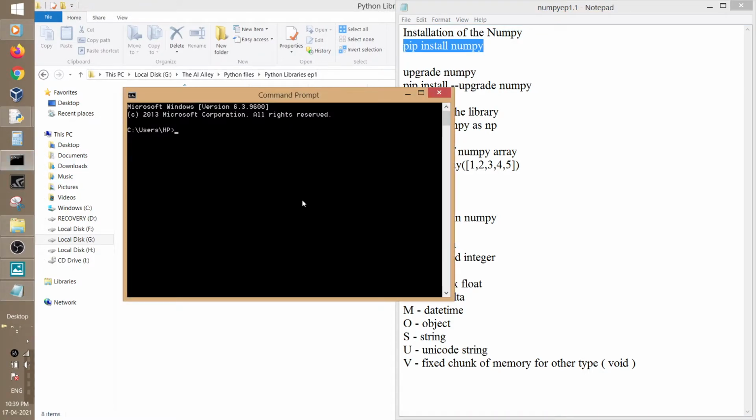So for installing the NumPy, you can simply type this command and hit enter. If you have already installed it, then you just have to upgrade it so you have the latest functionalities of the NumPy library.